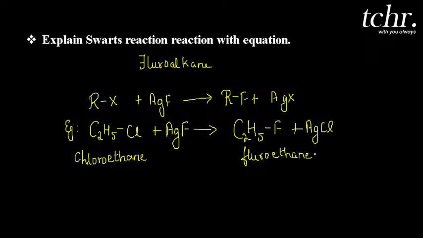So, if you're writing only the equation, you will not get complete marks, or if you're writing only the explanation, you cannot expect complete marks. So, you have to explain and write one general equation and then write one particular example. Is that clear? Now, we shall move on to the next